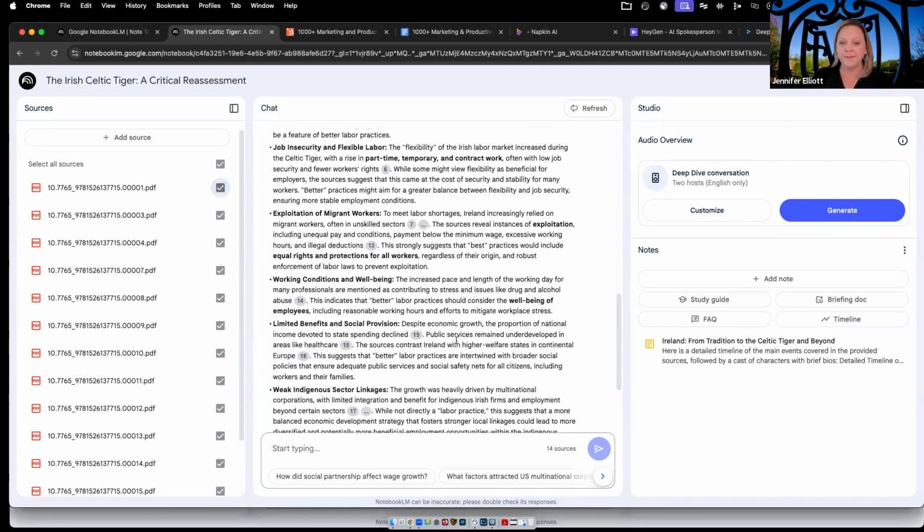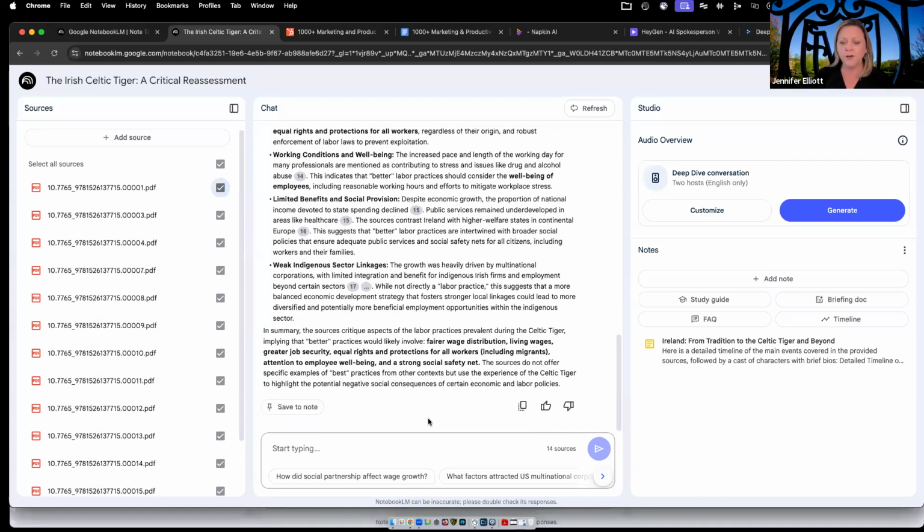When you have your output here, you're going to lose this when you close the notebook. So each time you make a query, it will come up in this space. But in order to save this for the next time, you need to save it to a note. And that's going to land you over here in the studio. So that will stay there for the next time that you open your notebook. Things that are auto-generated in Google Notebook are a study guide,